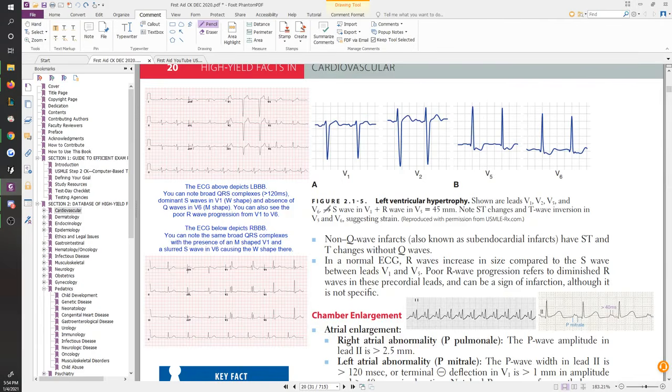So what they tell you is that there's going to be a sum of things that's going to be a problem, right? They first tell you to look at the sum of the S wave in V1 and the R wave in V5. That's going to equal 45. That's what they're saying here. That bit of knowledge doesn't really mean too much, in my opinion. It's not something so easy to evaluate, nor is it something that you'll truly be using to evaluate left ventricular hypertrophy in the clinical setting.